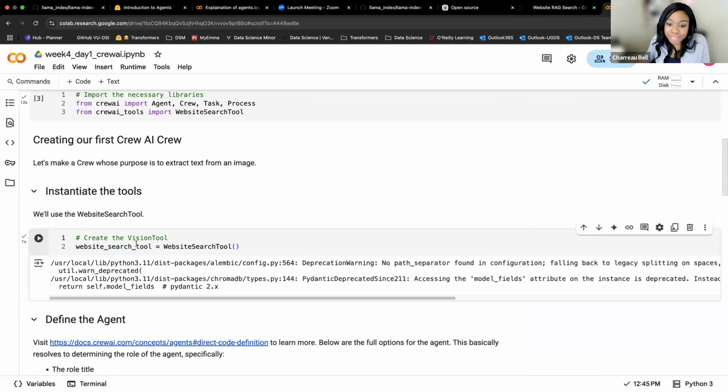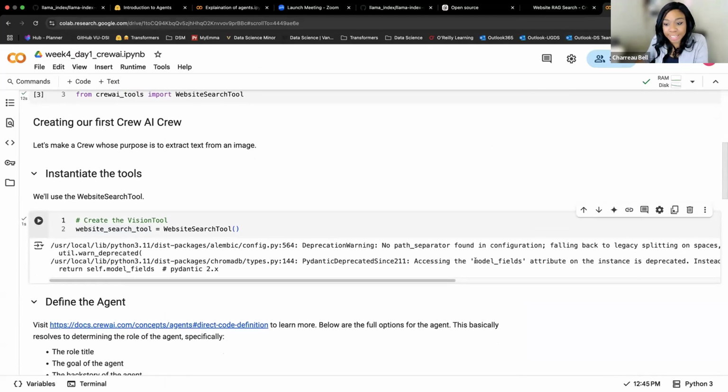So this is going to be our website search tool. The code that they might give you to start off with will include some additional code to suppress some of these warnings. But this package here, called Pydantic, is how you can specify the specifics of what you want your output to look like. It's called structured outputs through Pydantic types.